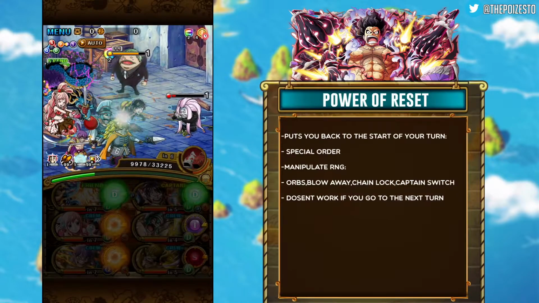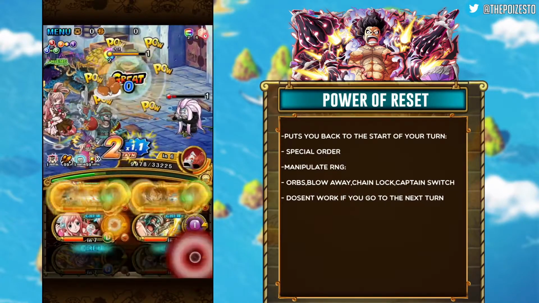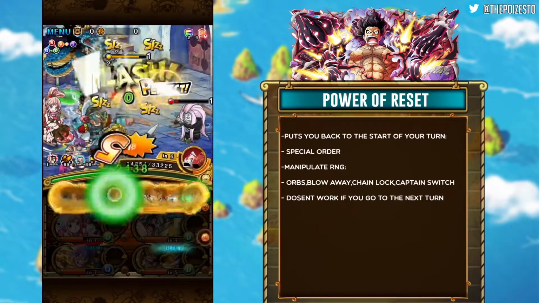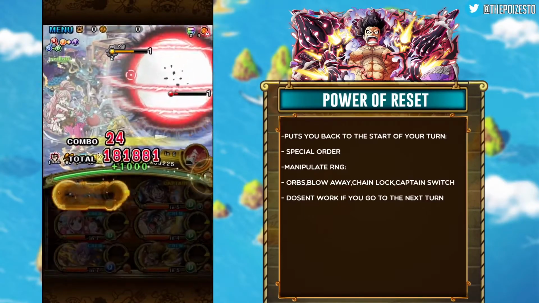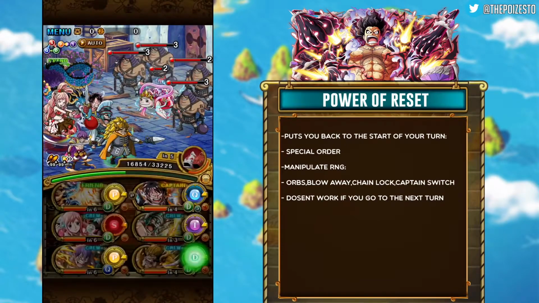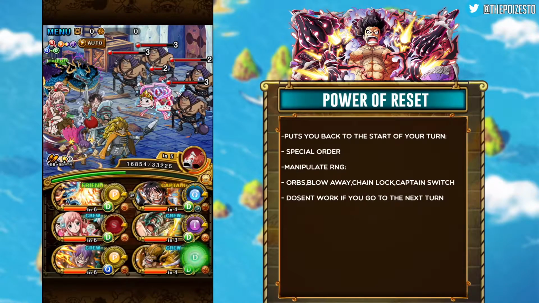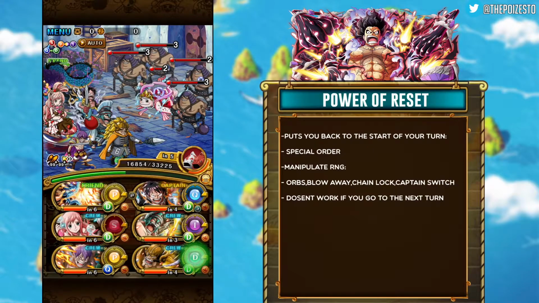The next thing that it also allows you to do is manipulate RNG. Now, this is one of the reasons why I was saying it was used a lot back in the day, because back in the day we didn't really have that many orb manipulators, we didn't really have that many units that could remove lots of tons of different debuffs. So for us, a lot of the time we used to have to reset our game a lot to try and get things like matching orbs,